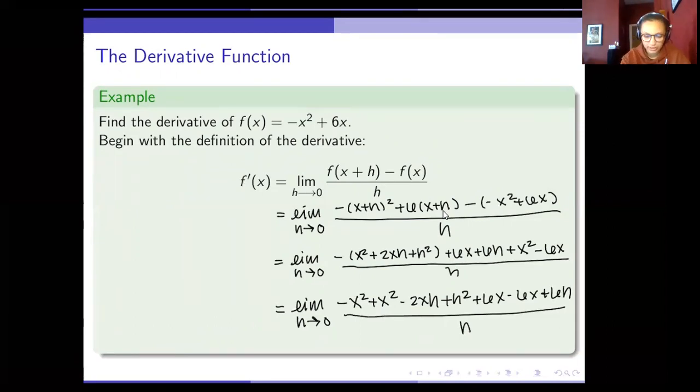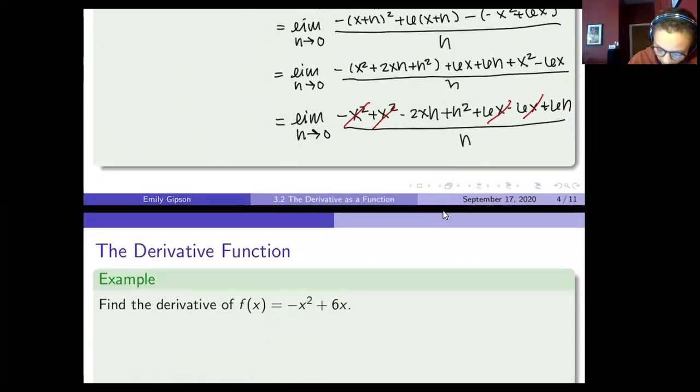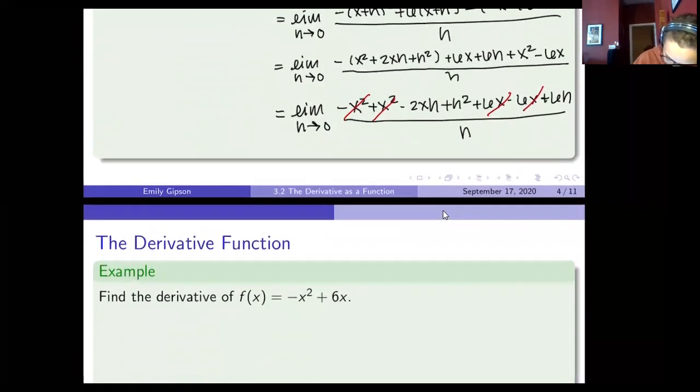So we can see already that our first term, negative x squared, and our second term, positive x squared, are going to cancel. Our 6x and negative 6x are going to cancel. So we're left with, let me scroll down, f prime of x equals the limit as h approaches 0 of negative 2xh plus h squared plus 6h